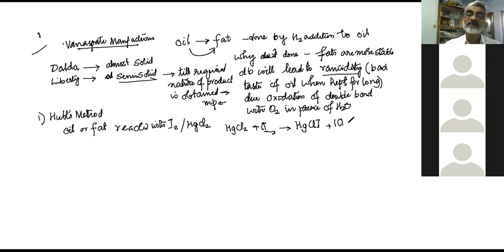And this iodine monochloride is used to saturate the double bond. In the second method, which is called Wijs' method, oil or fat is directly reacted with